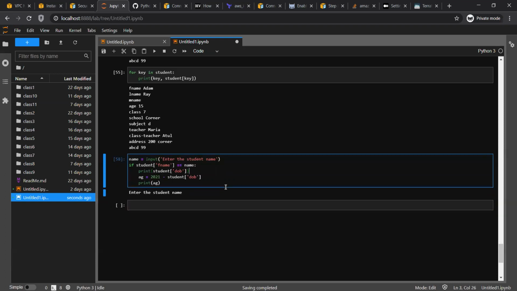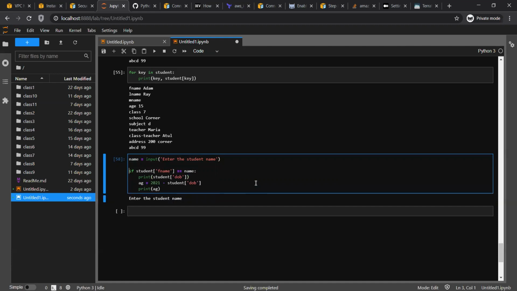Okay, so here I'm asking, please enter the student name. And obviously you will insert a name. Here I'm checking whether that name exists or not. If that name exists, go inside. Print the DOB.